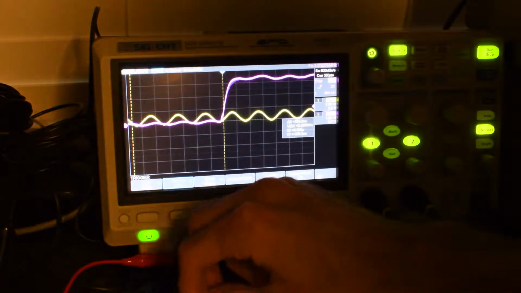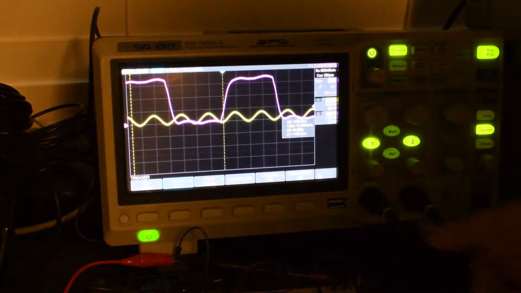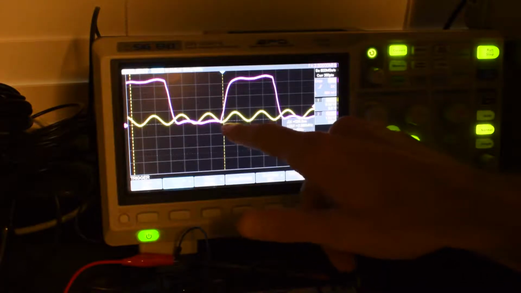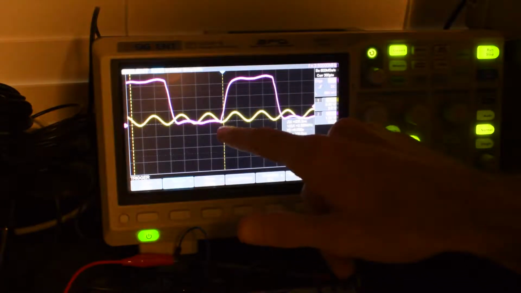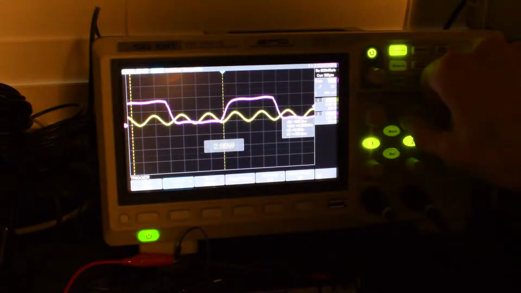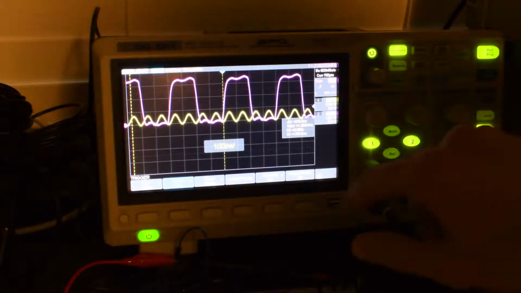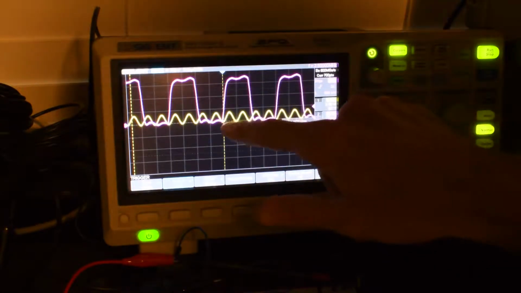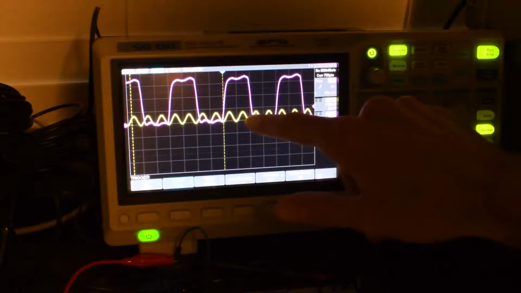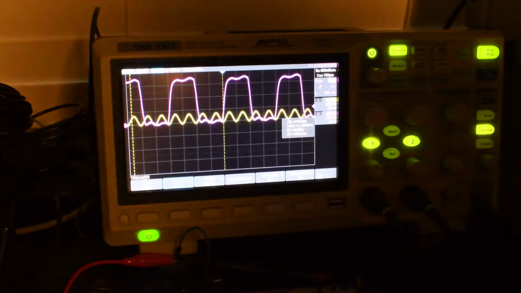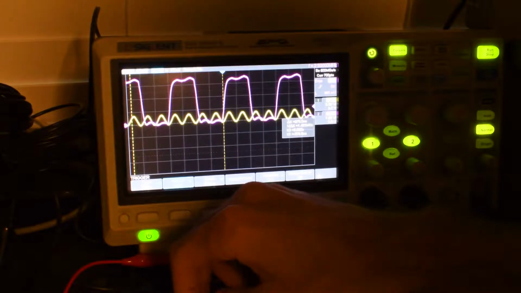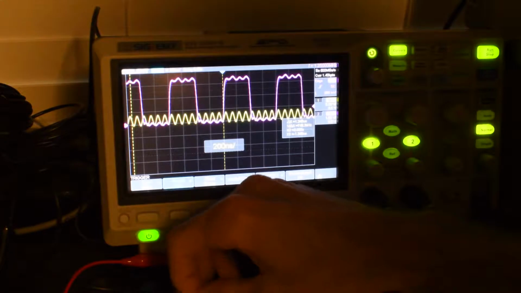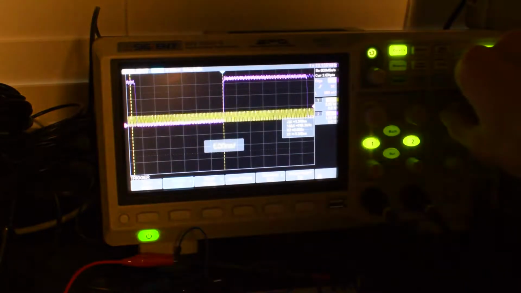So I think this is 4 complete cycles per one cycle of the bit we're looking at on channel 2. So this goes through one full cycle, and in that same time we go through 1, 2, 3, 4 cycles on the clock. We could just keep working our way up like that, and we just keep dividing the frequency in half. I'm not going to look at all of them,